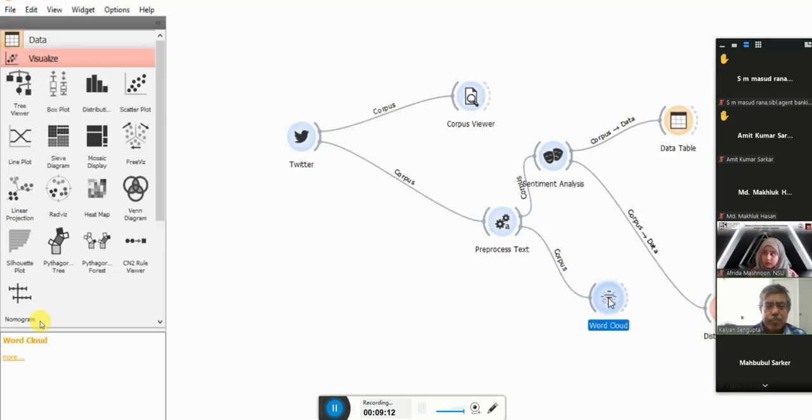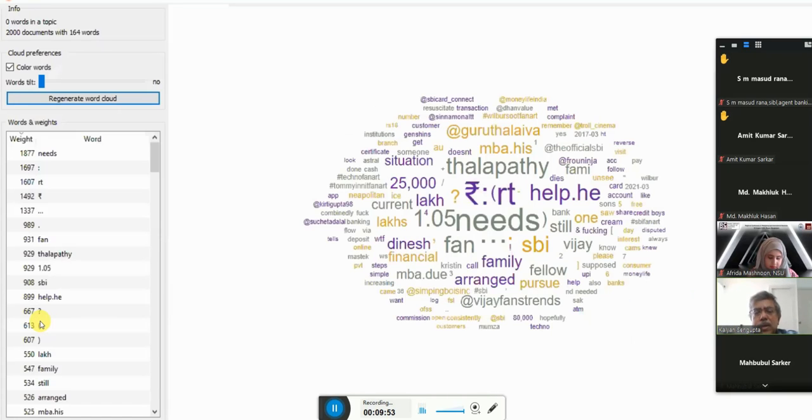So, it's taking a little time, because actually the other applications I'll show you on the other laptop. This laptop is a little slow, but my application is loaded on this laptop, so it will come anyway. So if I just double click, let's see what cloud is coming. Yeah.